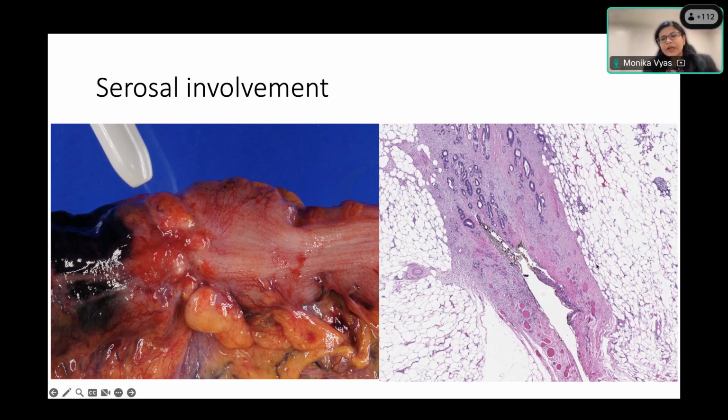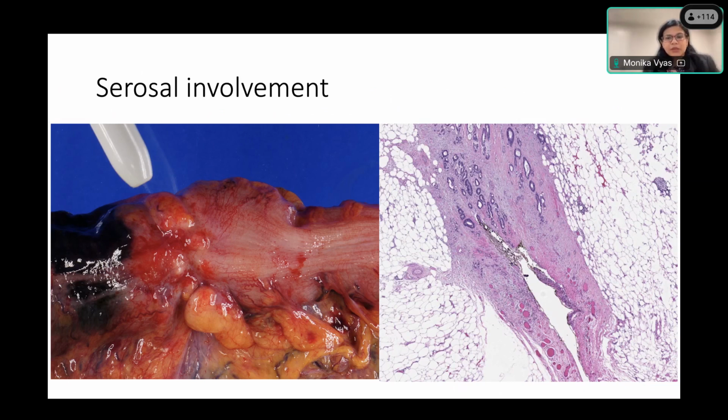And then this is an example of what I was talking about. This is just a little area where the serosa is diving down, and the tumor is involving the serosa in that part. Having ink on this area can help a lot, because sometimes what happens is the tumor is destroying the serosa. There's a lot of inflammation, and if you don't have the ink, you are not able to decide if that is the true edge of the tissue or not. Having ink there is really helpful.